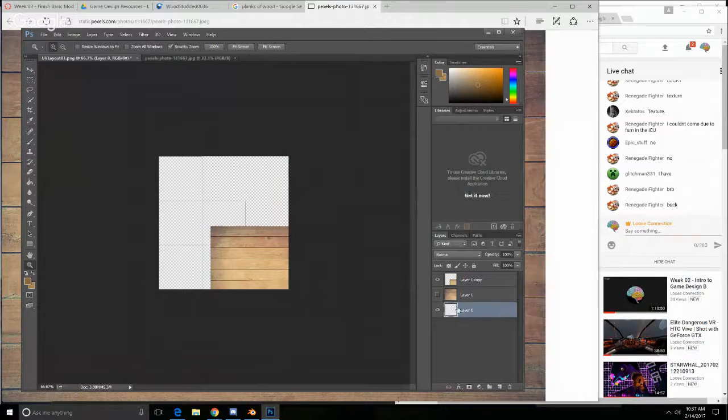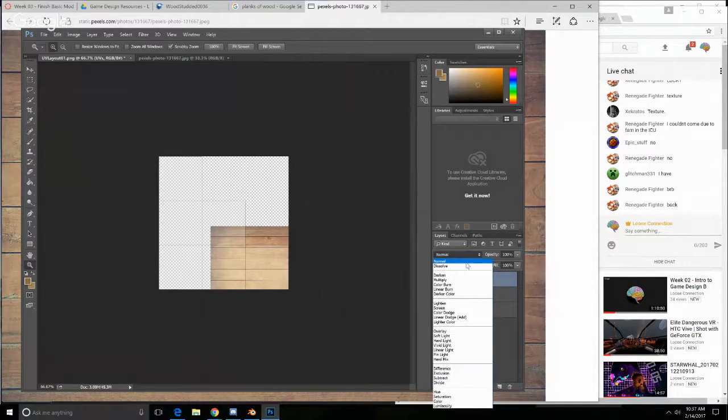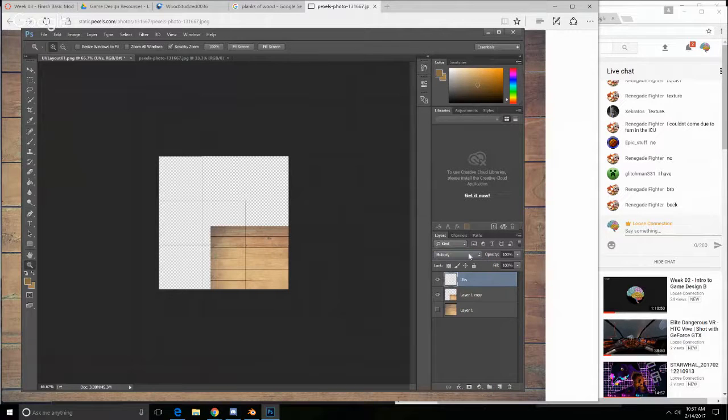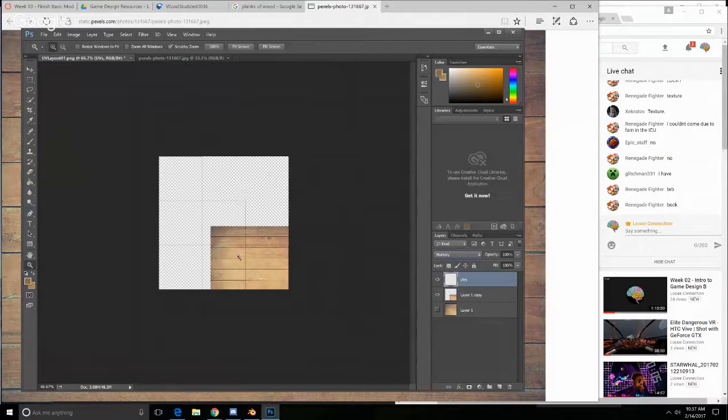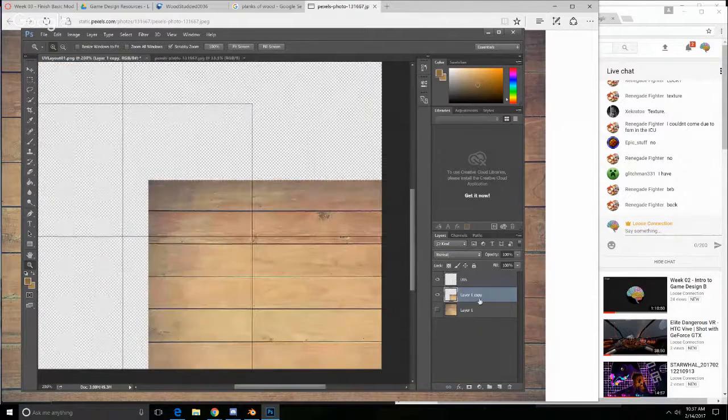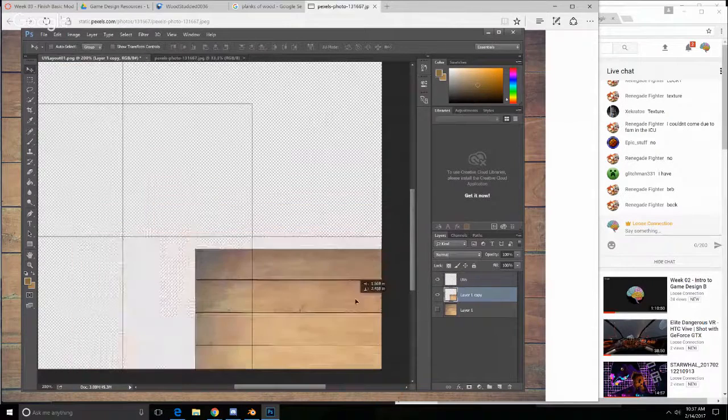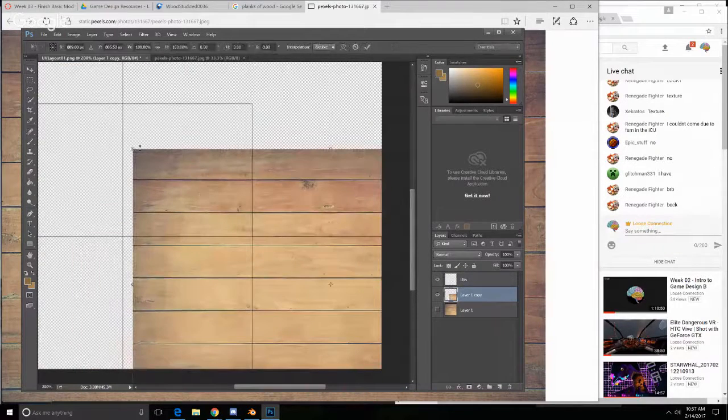Here's actually what I do. I'm going to label my layers and say this is UVs. Put those at the top, and you can do multiply or overlay, or not. It actually doesn't matter too much. If you do multiply, it means only the black lines will show. So you can kind of see where your texture is, or where your geometry is,